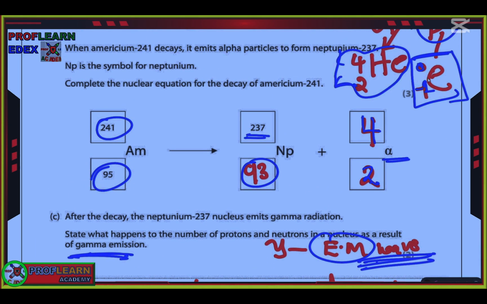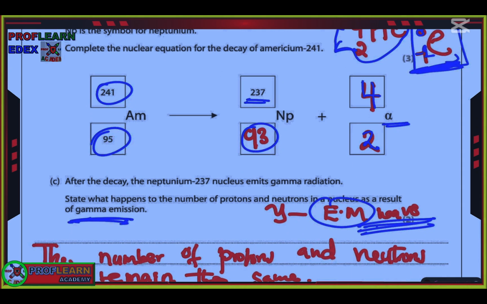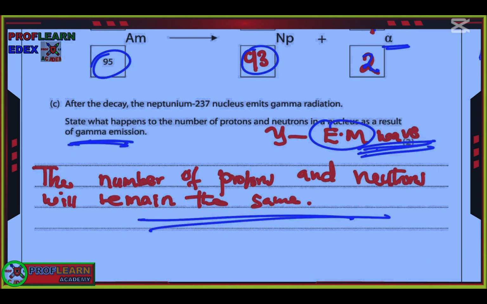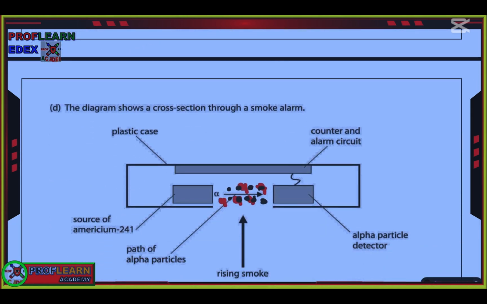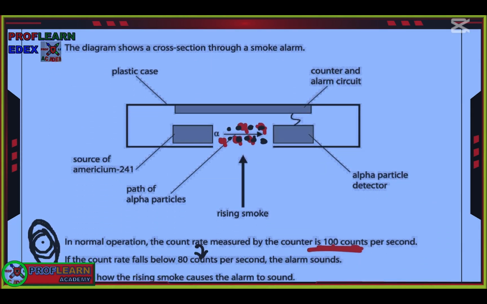For beta emission, the mass number remains the same, but the proton number increases by 1. Increases by 1. You have to take note of that. I believe you are learning and you are getting something from this discussion, and we are